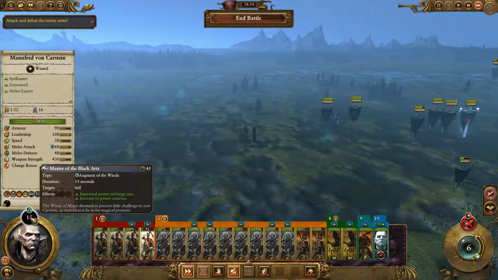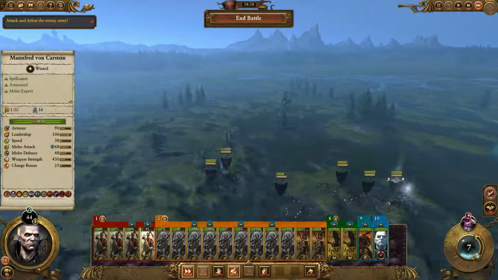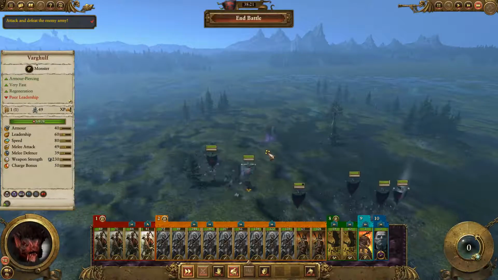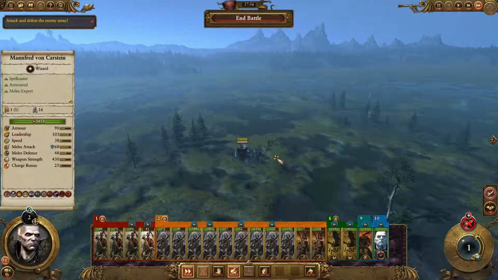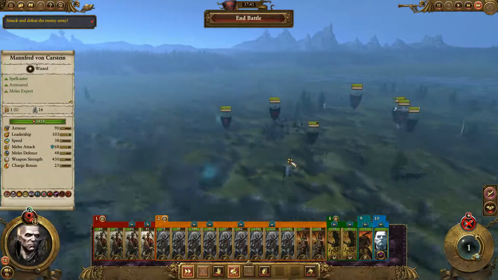So we're pretty much out of power. Just go ahead and do this. See if we can get a little bit more. Trying to slow them down. It'd be nice if they had poison, and that would actually slow them down so I could catch them, but...